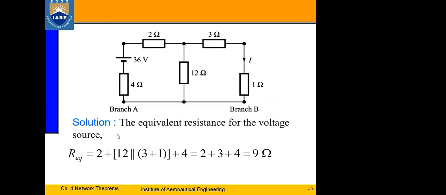One second. Yeah. See here. Suppose if I have this type of circuit, I said that if